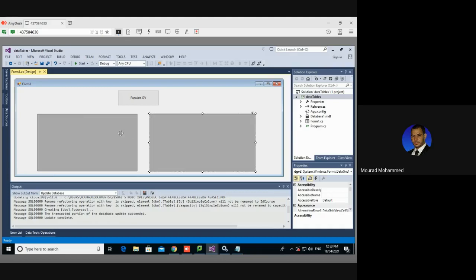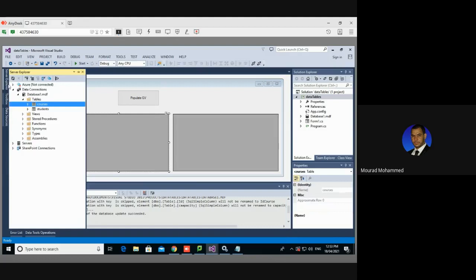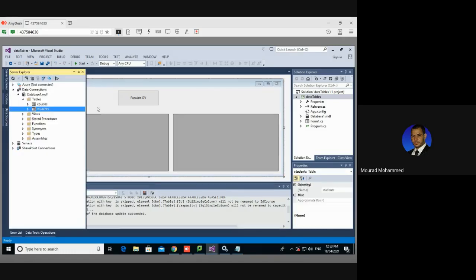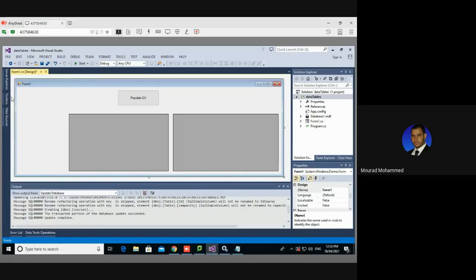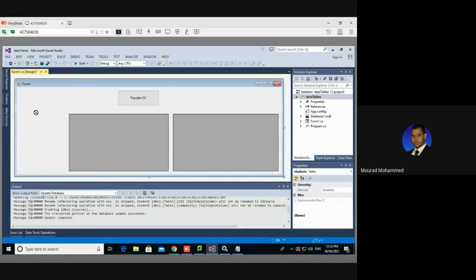So I'm going to bring those two grid views aside. Keep them here. What I'm going to do, I'm going to refer to my database, my students. I'm going to drag and drop this thing. It will not come. It's not like it's an empty place. I have an empty place. But if I drag and drop, it will not come because it's not like